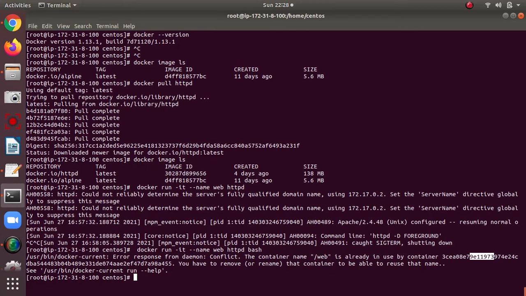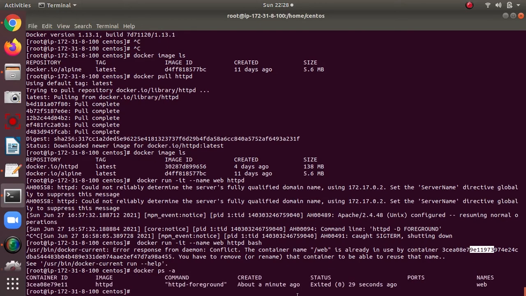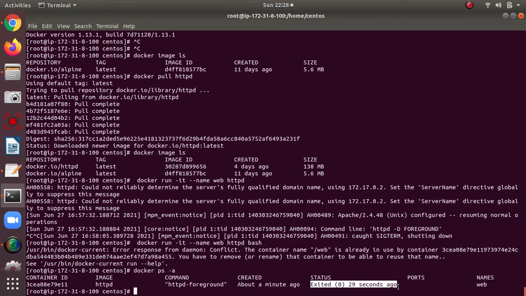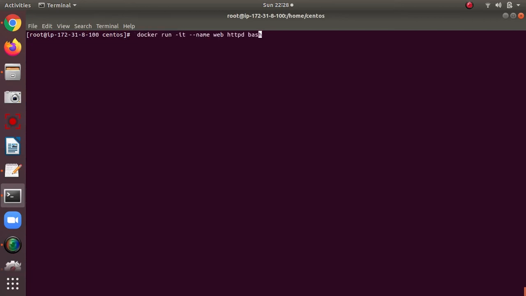It is created, but it is in exited status. Exited status, it is failed. It is created but failed. So I need a different container name. I am taking web1, and hit enter.